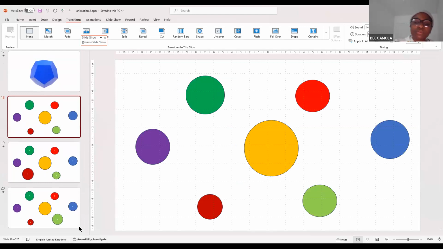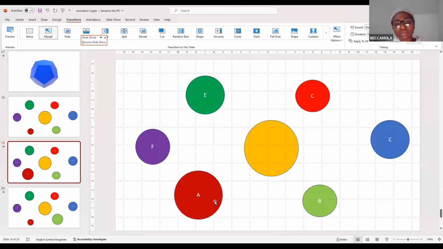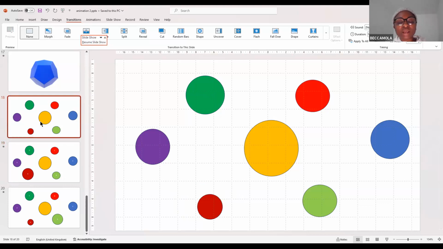Let's say, for example, let's assume that the yellow circle is the sun, and you have the different, what are they called now, the planets around it, or let's say these are just circles, and you have content that you want to showcase. If I move to this next slide now, let's note that this one in this next slide, it's bigger, right? And that is A. I've labeled them A to F in anti-clockwise direction, starting from this circle. And the first one is actually